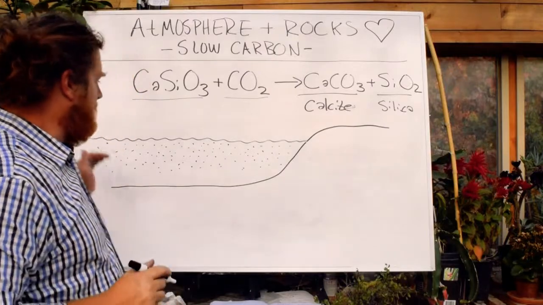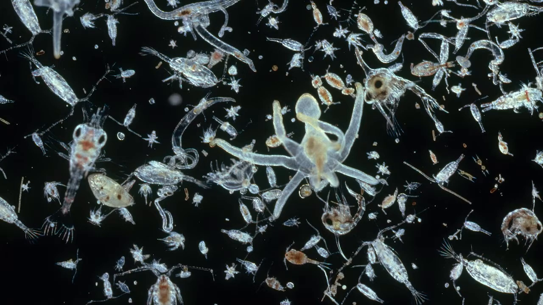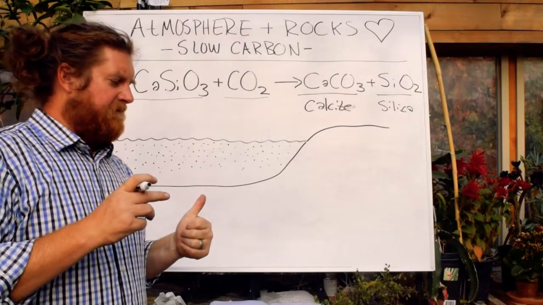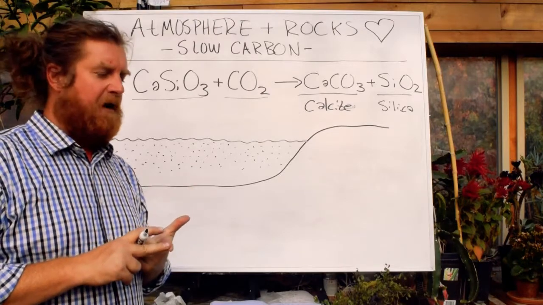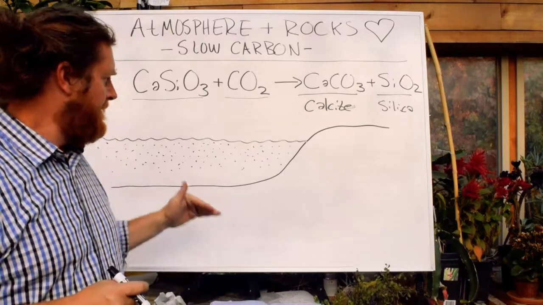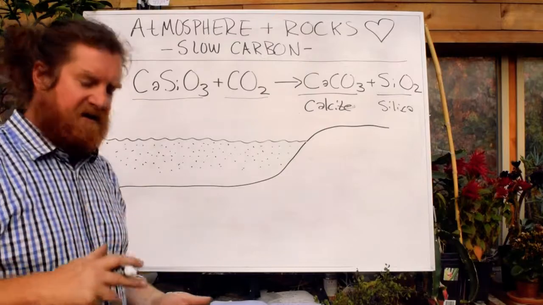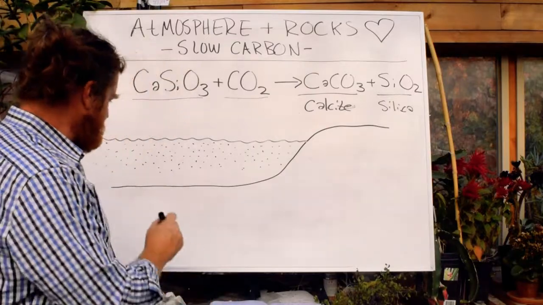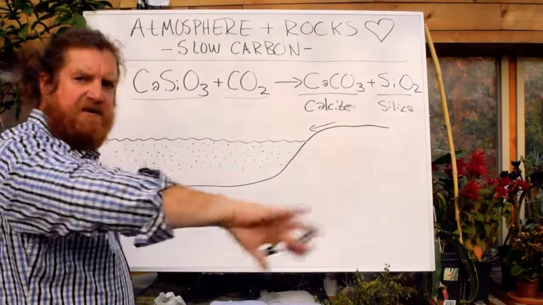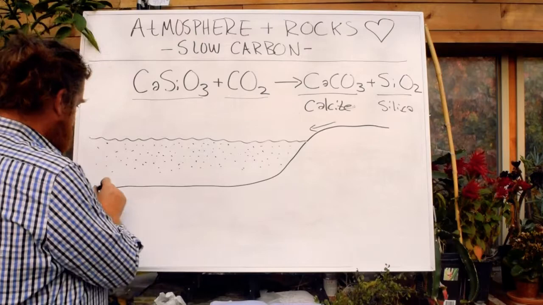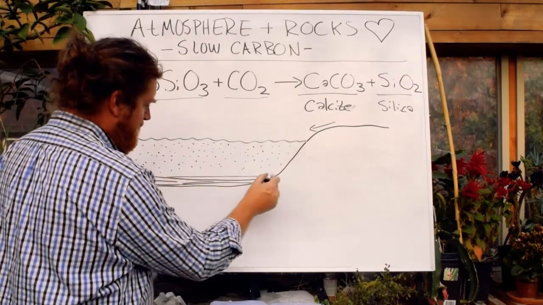So we've got critters, right? Planktonic critters, which means they're just floating around. We've got, like I said, zooplankton, which are animals, and phytoplankton, which are primary producers by photosynthesis. And so there's a lot of carbon caught up in the body forms of these organisms, and when they die, they settle to the bottom, and if there's mud or silt or something sloughing off of the continent, it will actually bury those critters in a shale or a mudstone,